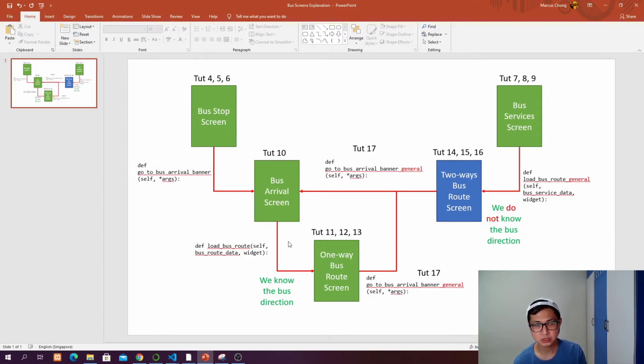Now also at the same time, we are at tutorial number 13, in which in the previous two tutorials we are trying to cover a bus route screen. To differentiate these two, we actually call this, the one that we are covering right now, as a one-way bus route screen. And the difference between these two is that when you are coming from bus arrival screen, when you click on the bus arrival banner,